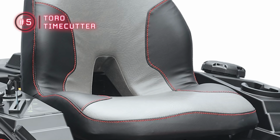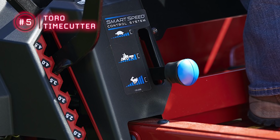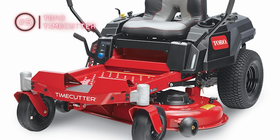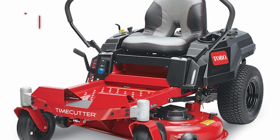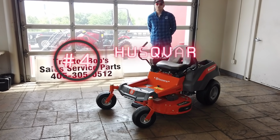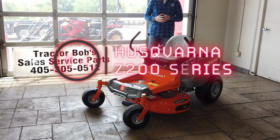But I will say this, if you plan on doing a lot of mowing, get something with higher top speed and better everything. Lucky for you, we have several mowers on this list that can handle a lot more mowing than this one can. On to number 4 on our list, which is going to be the Husqvarna Z200 series